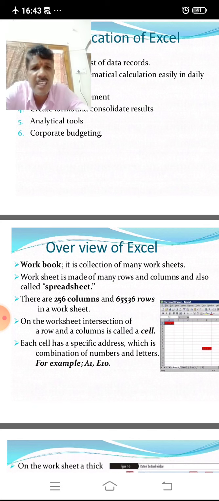Generally in a particular Excel version, it contains 256 columns and 65,536 rows in a worksheet. But presently more columns and more worksheets are available in the new versions. In the standard format, it contains 256 columns and 65,536 rows.